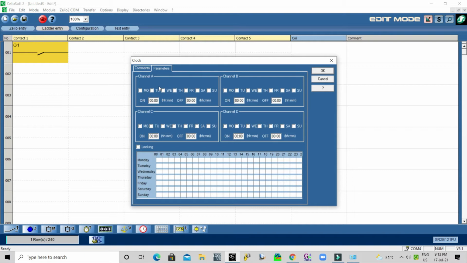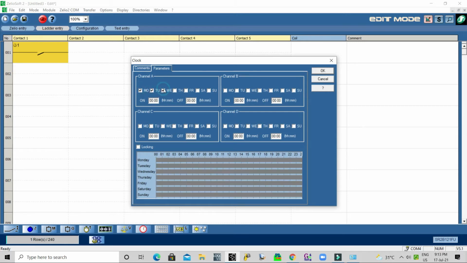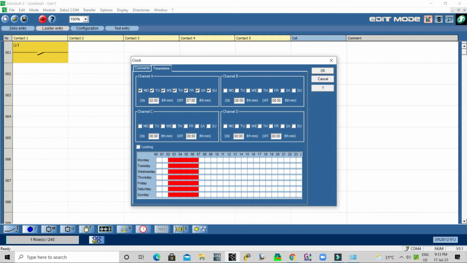For example, now I will configure two channel timings. The first timing is from 2 o'clock to 7 o'clock. For the second timing I will again select 7 days.